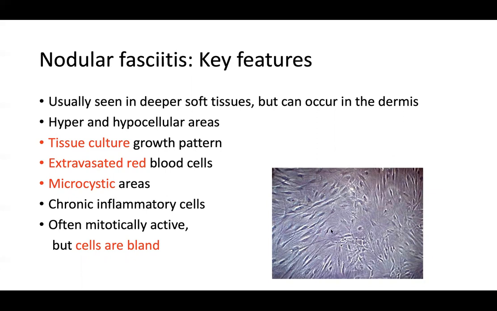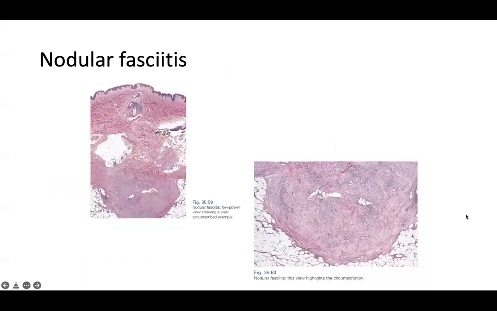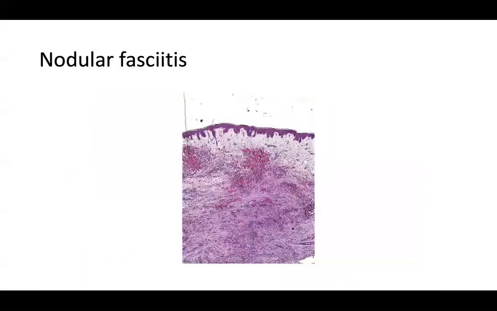And so here you can see, even in a tissue culture, to be able to grow the cells to confluency, you're going to need some cell division. And you can think about one mitotic figure here and there doesn't necessarily mean that it's a malignant process. But this can be pretty difficult because you're definitely going to want to have on your differential diagnosis many different intermediate and even malignant soft tissue tumors until you kind of work this up and